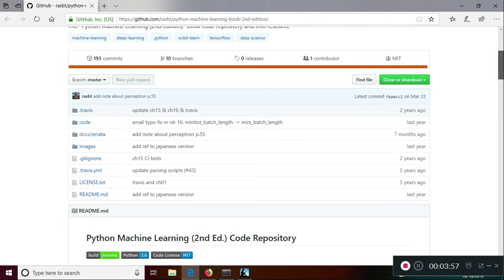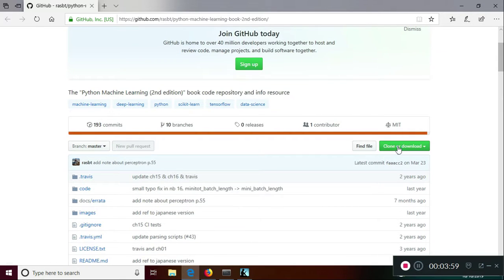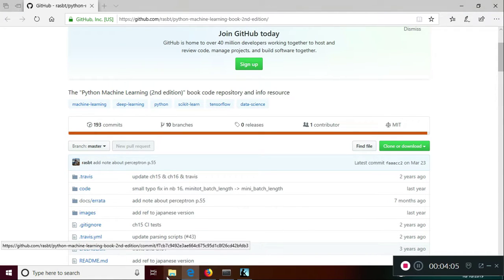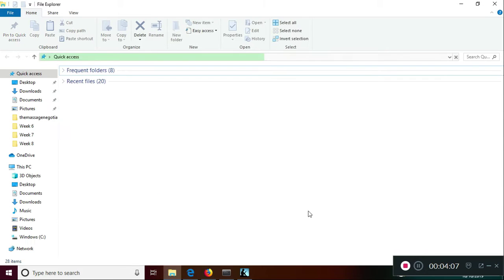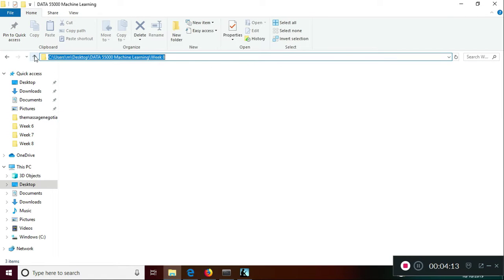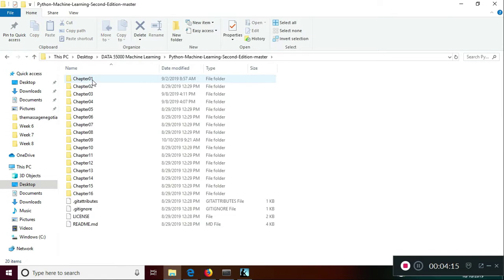You could actually log in with your own account and then clone or download. And then once you get it, you should have something that looks like